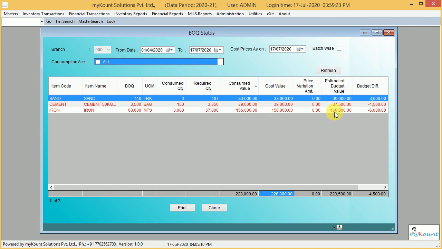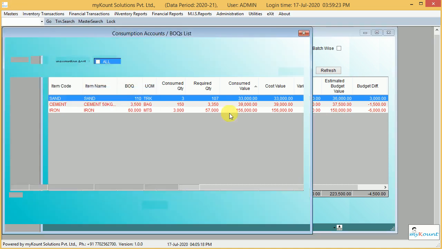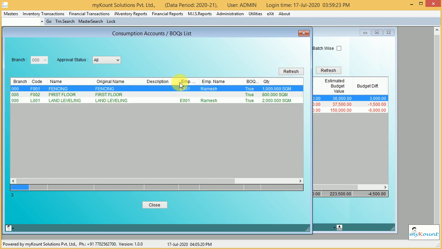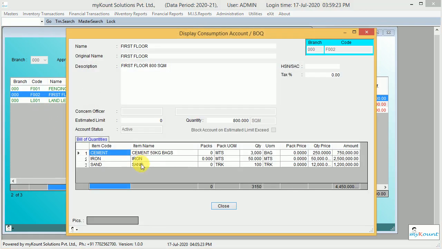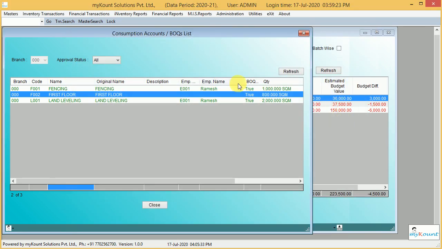Next, estimated budget. Estimated budget will appear from the BOQ. At the time of BOQ, we assign the estimated value for each item. For example, here for cement and iron in this BOQ, we estimated this price. So based on this BOQ price, this estimated value arrives.